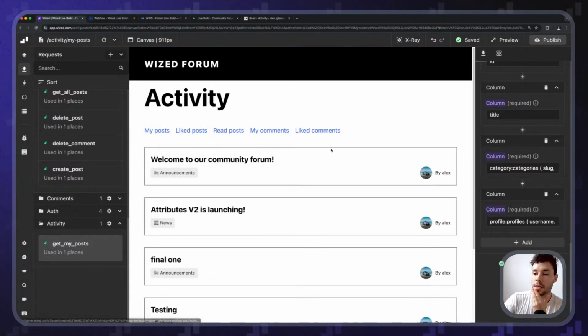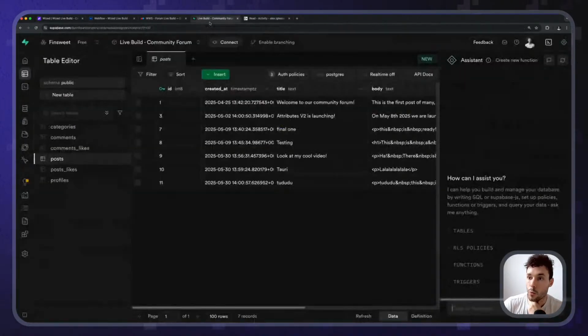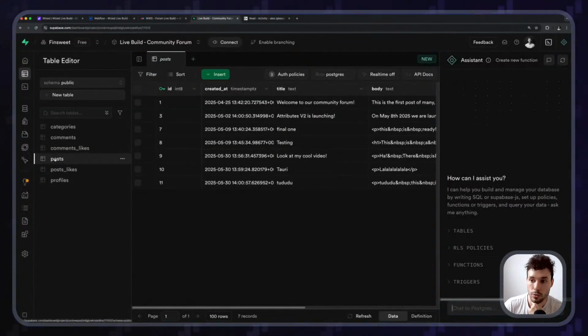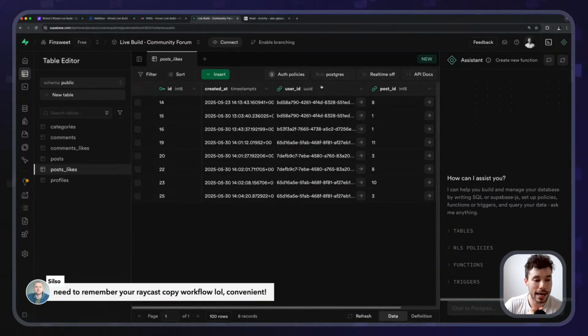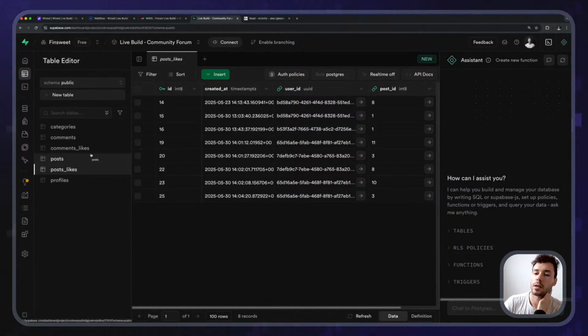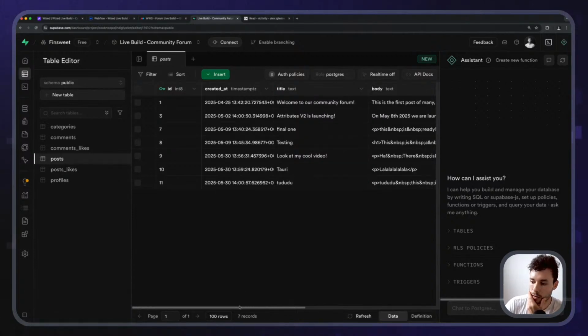Now we can do the same thing, but for liked posts. So how do we do this? We want to find all the posts. Yeah, it's very convenient, Raycast. Absolutely. We need to find all the posts that I have liked, right? So let's see how we do this. We're going to want to do a join query where I get all the posts,